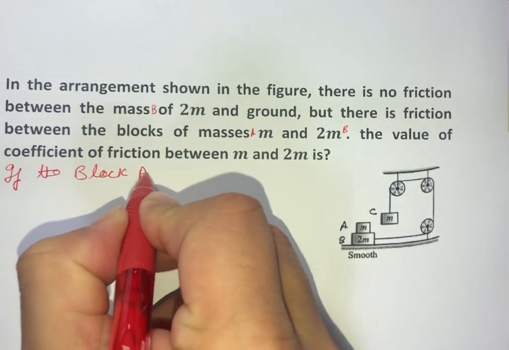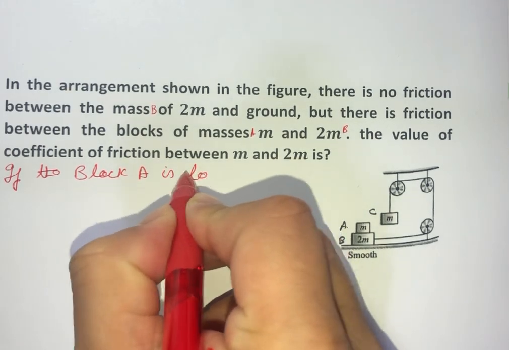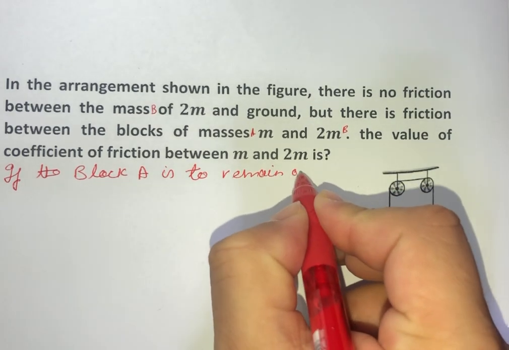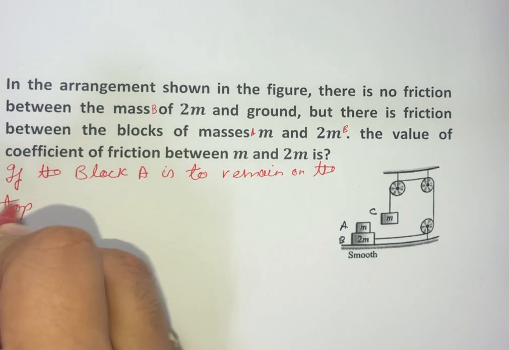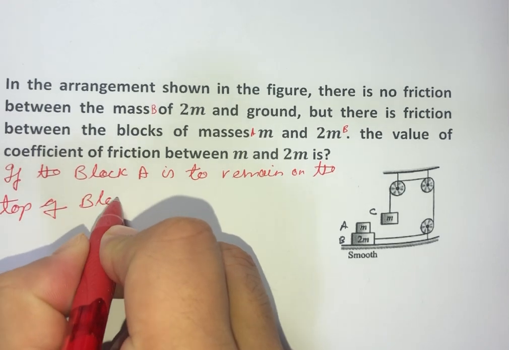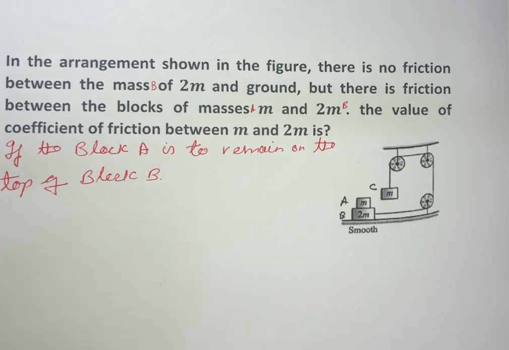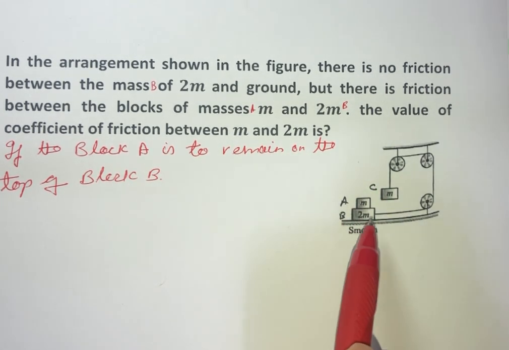A is to remain on the top of block B. Okay. So this condition is to be satisfied, and we have to find out the coefficient of friction between A and B. Okay. So in this case,